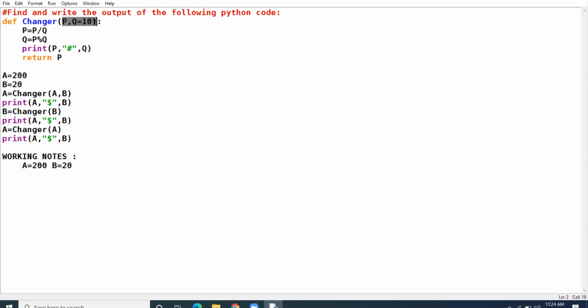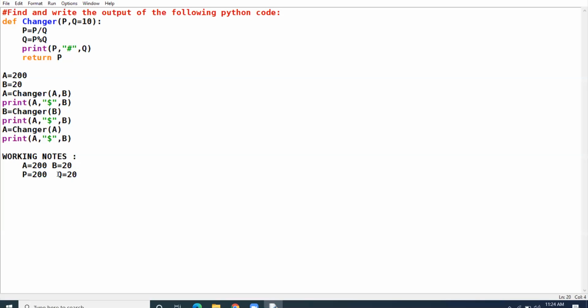P and Q are the formal parameters. The value of A is given to P, so P also becomes 200. The variable Q was having the default argument. It was having the default value, but it will be overwritten by B. So the new value of Q is 20.